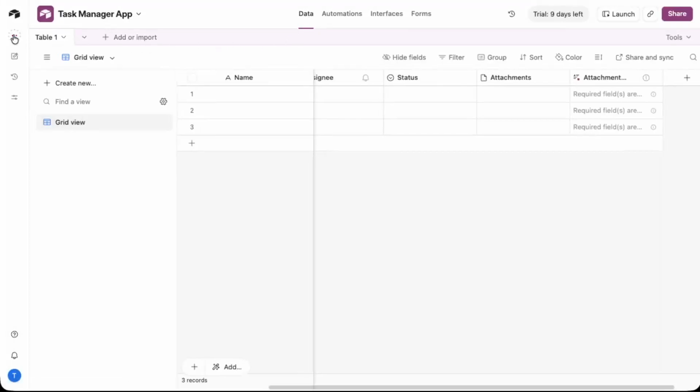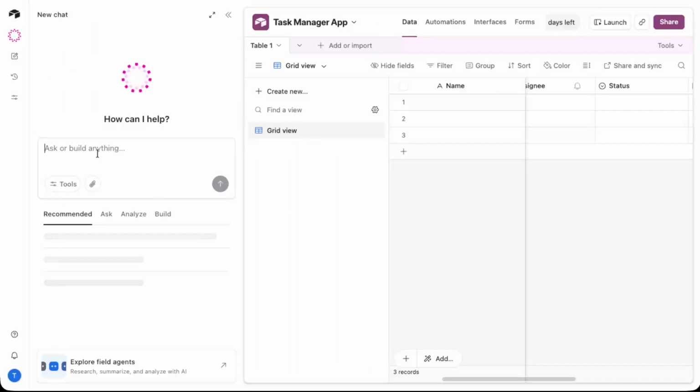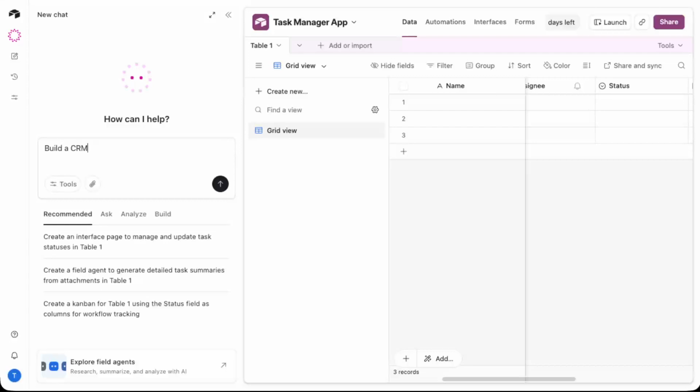Finally, you can use Airtable's Omni AI to speed things up. Instead of building everything manually, you can type a prompt describing the app you want, and let the AI generate tables, fields, and structures for you. This can be much faster, especially for complex setups, and you can always tweak the results afterward to